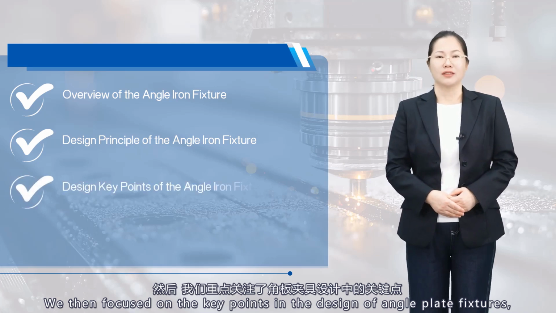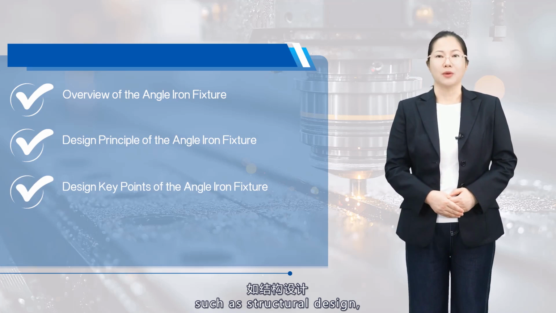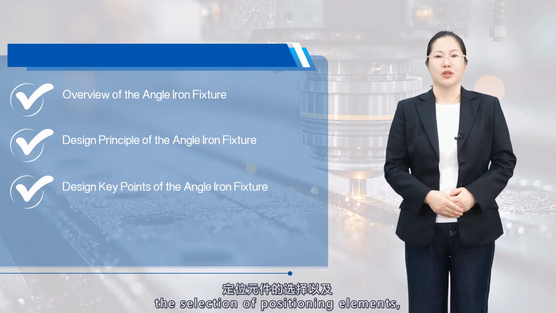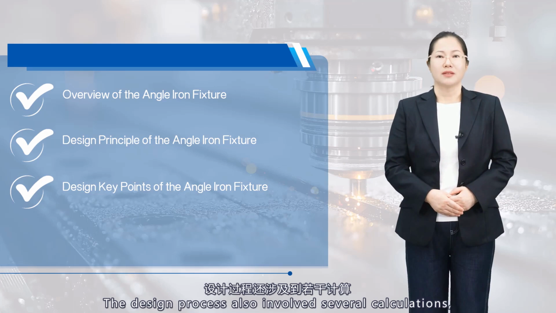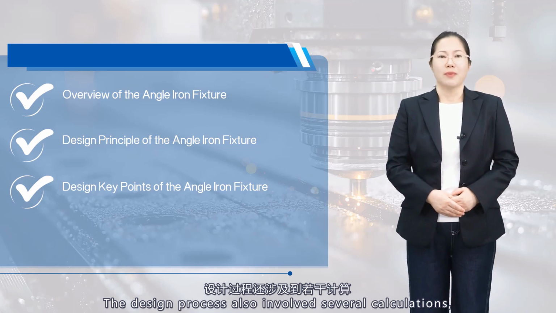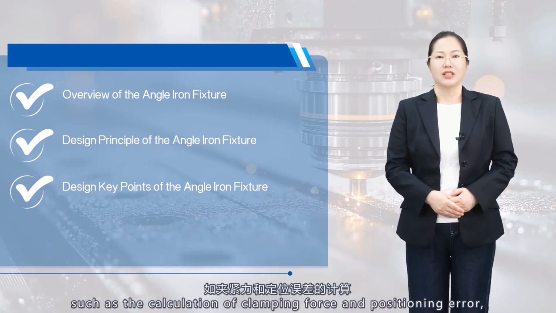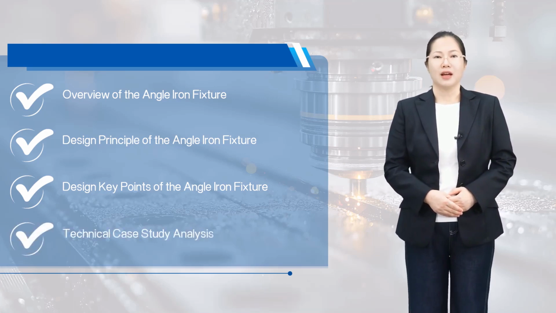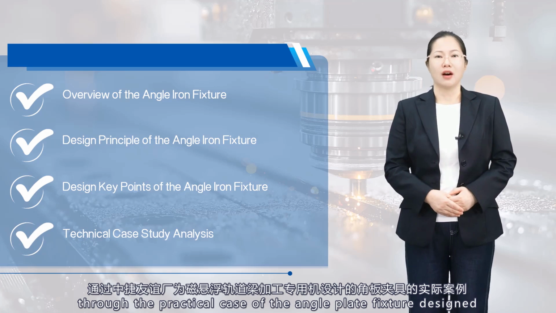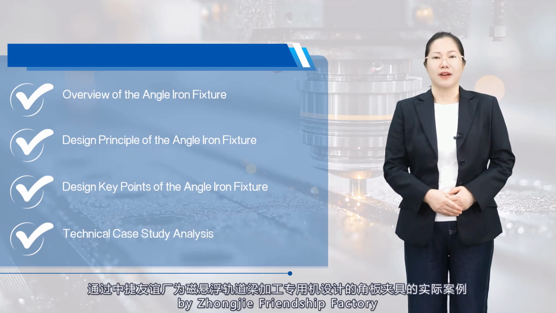We then focused on the key points in the design of angle plate fixtures, such as structural design, the selection of positioning elements, and the design of clamping mechanisms. The design process also involved several calculations, such as the calculation of clamping force and positioning error, which help us optimize the fixture design. Finally, through the practical case of the angle plate fixture designed by Zhongjie Friendship Factory for